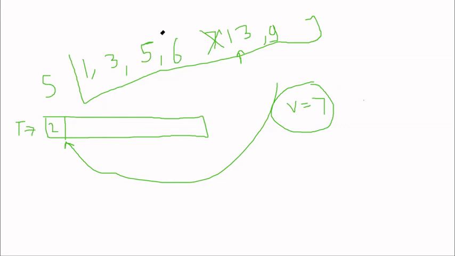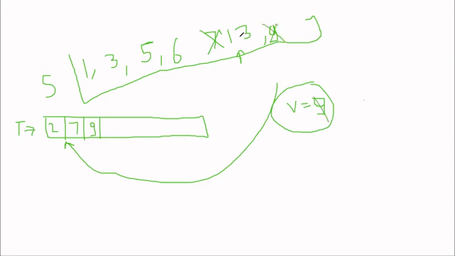And what is the condition there? The condition is that the element that has to be pushed into this temporary stack should be greater than the present top of this stack. So 7 is greater than 2, so 7 will be added here. Again now the top of the stack is 9, so V is equal to 9, so 9 is greater than 7, 9 will be added automatically. And now the 9 is being popped from here.